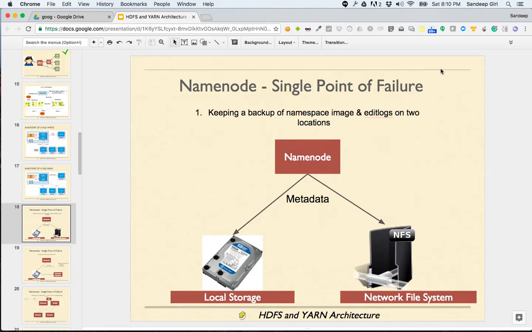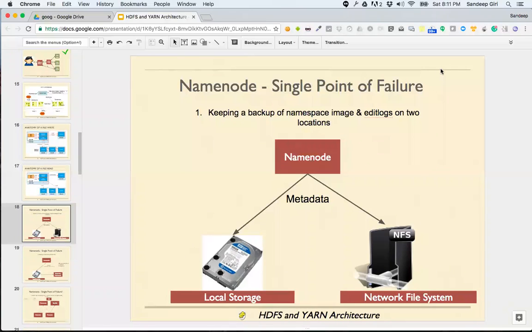Now, on every change, if name node starts saving the entire metadata to the disk, because metadata is a huge object, and if you change anything, if you try to update the entire metadata, it becomes difficult, right?